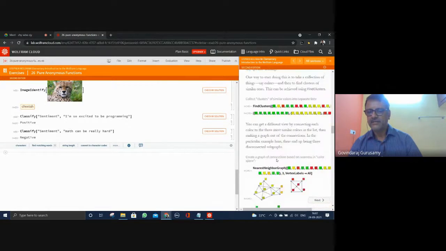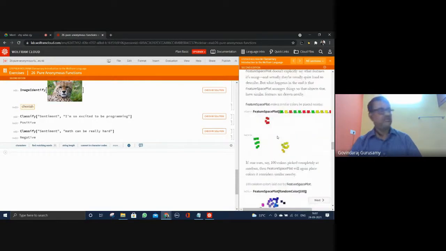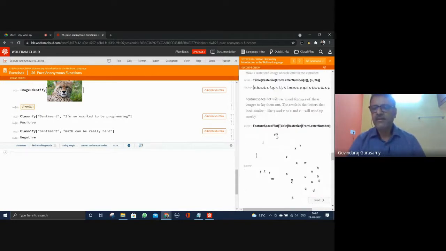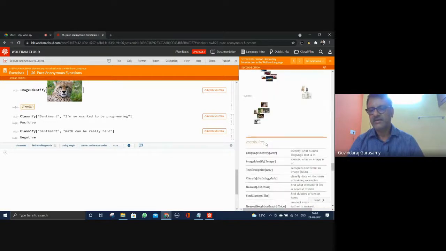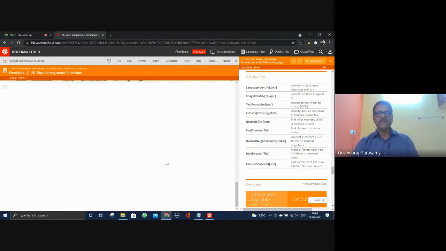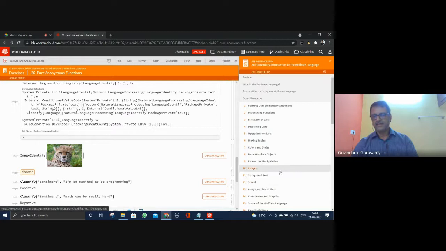So like this, there are so many things that are available. There are time clusters, nearest neighbor graphs. See, this is all which we don't use. Okay, this is the table raster, from letter to letter number. Another way to do it, and then feature space plot. It's not something we are interested in immediately, and there are exercises. So like this, if you come across other things you can ignore them, and whatever you are essentially interested in, that can be learned.